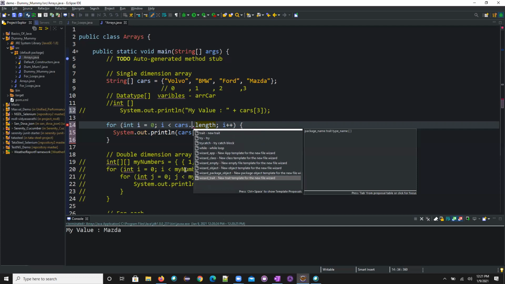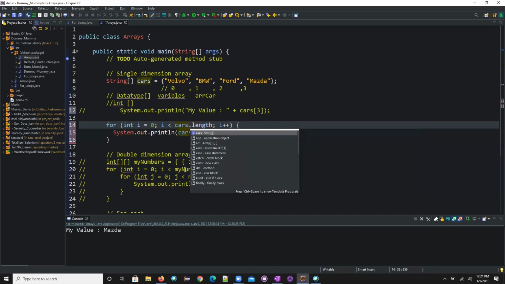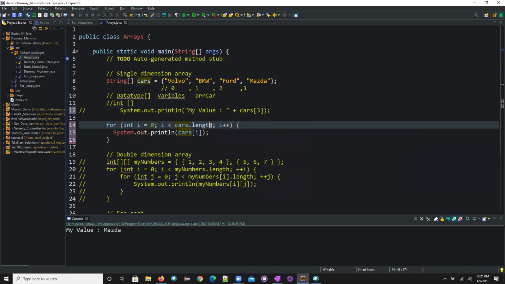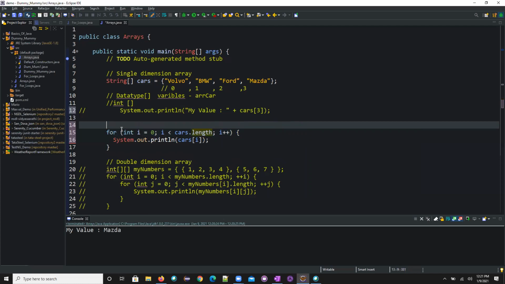You just understand. Now I wanted to get the length of this one. So first I'll try to print what is the length so that we can understand. What is the length of this particular array? Sandhya? 4. If I print here the length of the array, what will it print for me?